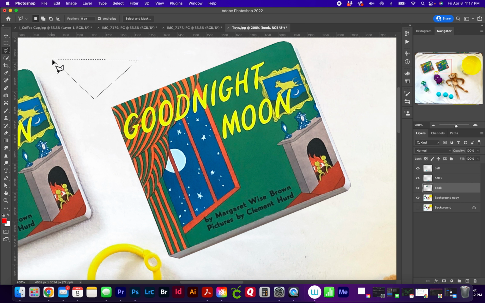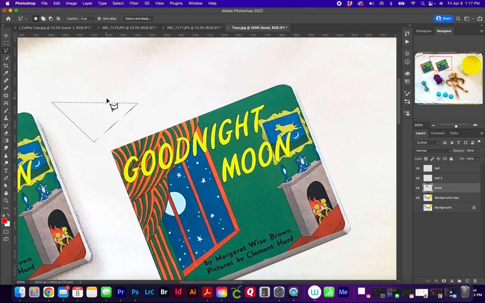And I've completed my triangle. And now let's say I want to add to my selection. Let's move the screen a little bit so we can see a little bit more. I'm going to add to the selection. I'm going to hold the Shift key, get that little plus sign, click once, let go of the Shift key,